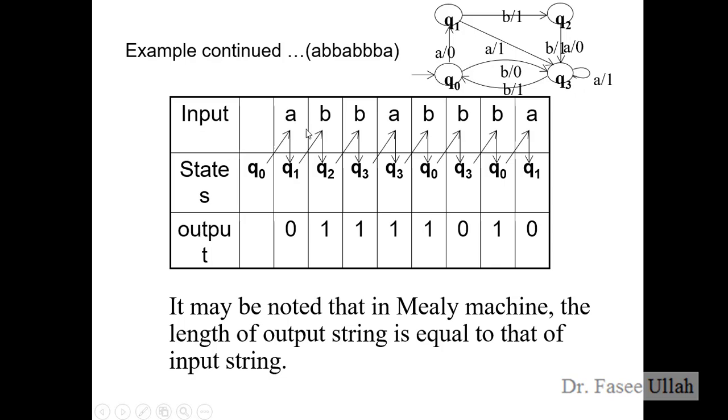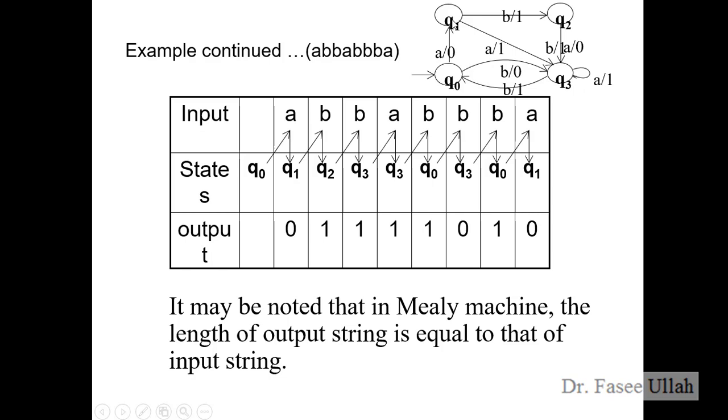Input, the states, and again the output, right? In the input, first of all we have to mention all the inputs, like we have put over here, which are mentioned in the question. Then you will see from the Mealy machine diagram, we usually start with Q naught. So it is Q naught, right? If I read A from Q naught, it will take me to Q1, right?